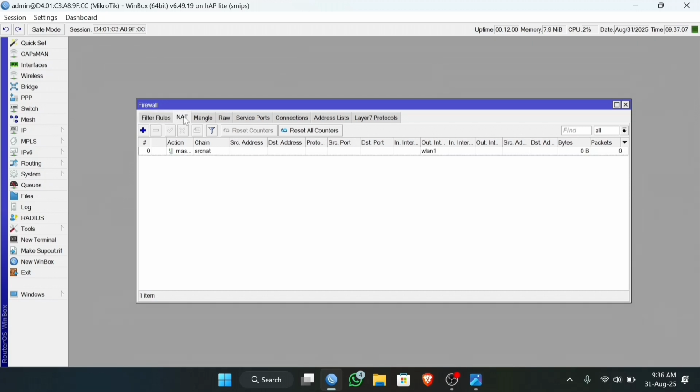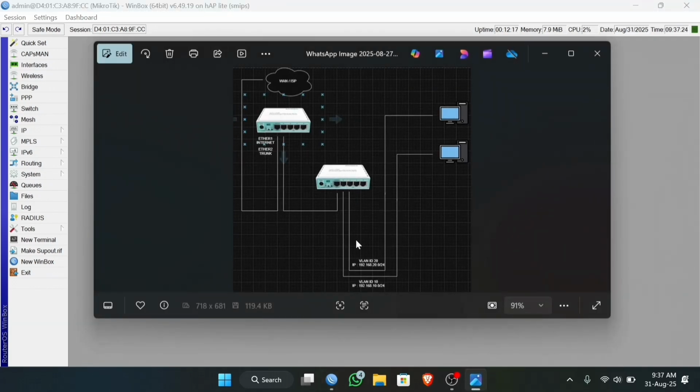Okay guys, the first router configuration has been completed successfully and is ready to trunk into the second router, which is configured to act as a VLAN switch. I'm going to hand it over to my friend. He will continue his tutorial in the same video. So thank you guys, and I will give the second router configuration to my friend.